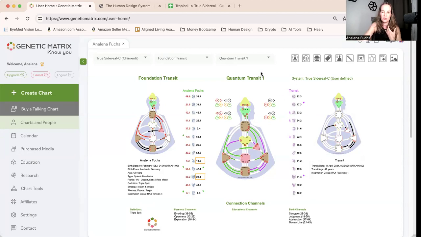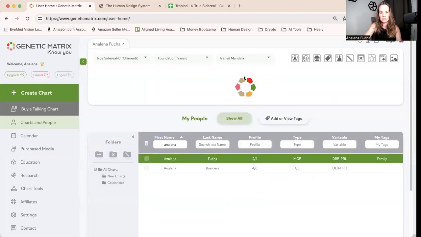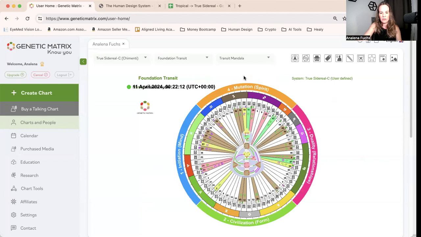And again, I want to also show you now the mandala that I had before, so that it makes a little more sense to you guys. In the true sidereal, if you look at the astrology signs, they are not all the same size, first of all. If you look at the sky, I'm going to take Virgo right now.